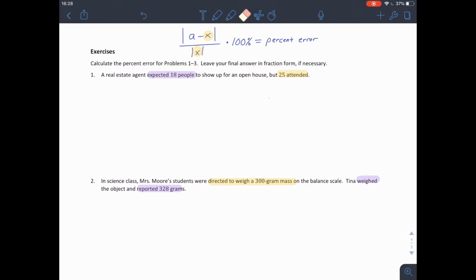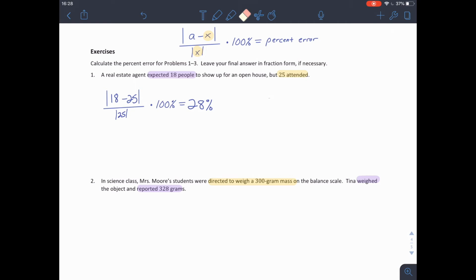A real estate agent expected 18 people to show up for an open house, but 25 attended. So the first thing we need to do is figure out which of these is our approximate value and which one is our exact value. So here, because the real estate agent expected 18 people to show up, but there were actually 25, our 25 is going to be our exact value, and our 18 is going to be our approximate value. So 18 will go in for A, 25 will go in for X, and when we put in the absolute value of 18 minus 25, and then divide that by the absolute value of 25, and multiply it by 100%,